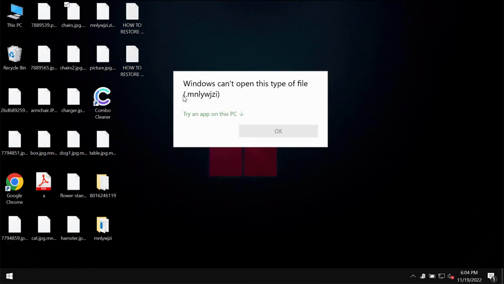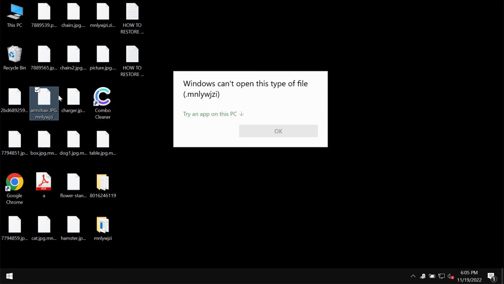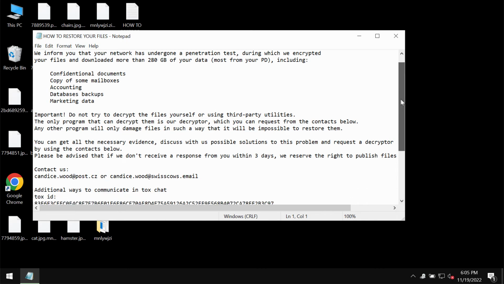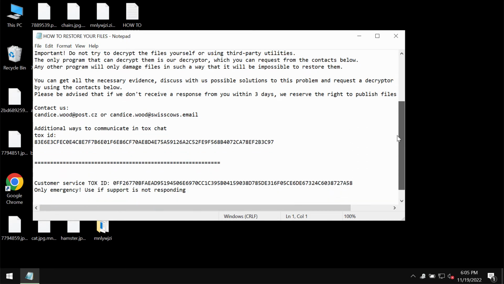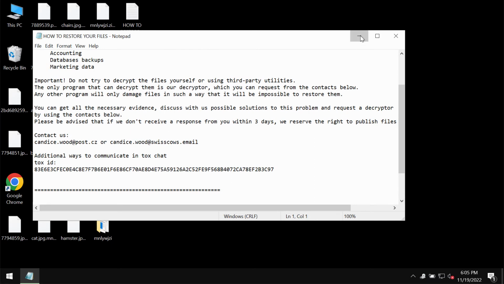mnlywjzi is the extension appended to the files. It's not possible to use the data. No matter what file you open, you still get a message that it's not possible for Windows to open this file. The ransomware drops a ransom note mentioning that the ransom needs to be paid for file recovery,